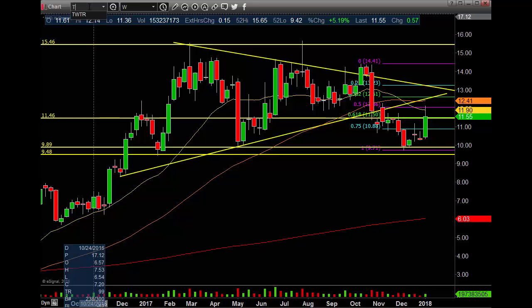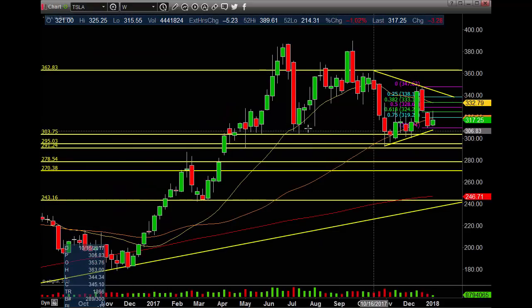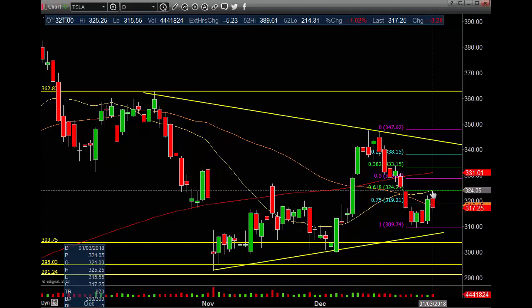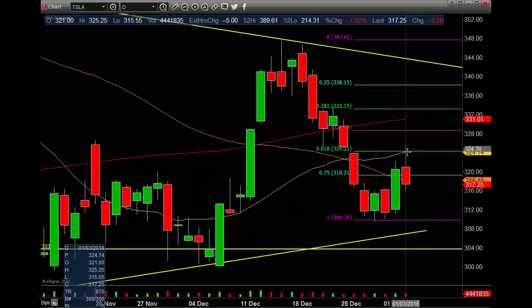All right, Tesla. So Tesla's only down $5 after hours. We talked about this one intraday on StockTwits, and it has to get back above the 20 and the 50, and it was doing it. I mean, it had a nice push up here on the daily. We had some pretty good volume today as well, but once we got to the 382 and the 20 MA right here, it just got rejected, and then I guess they had news out today with their production or something like that, and we're even down a little bit after hours. People will buy the dip. We did come back to this 310 area, and that's what it was holding, so let's see if it holds that 310 area. If not, then you're looking...